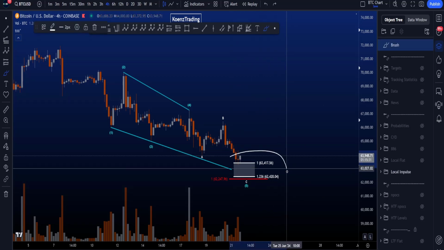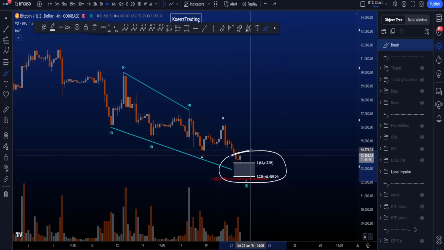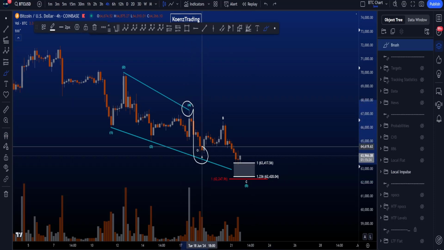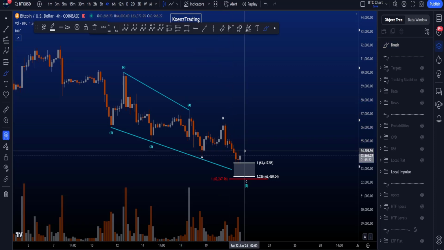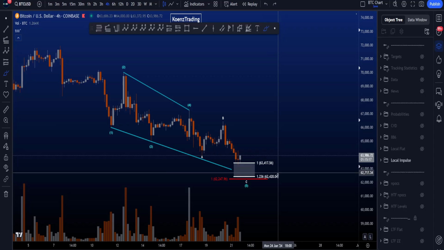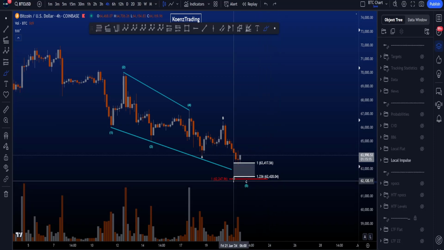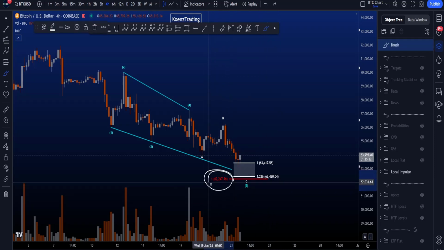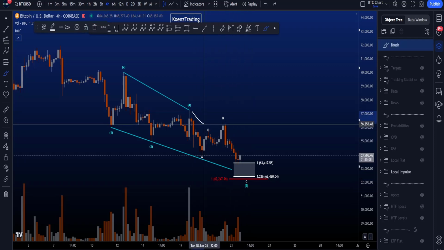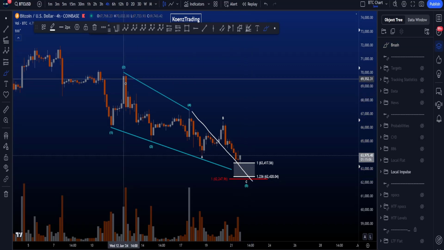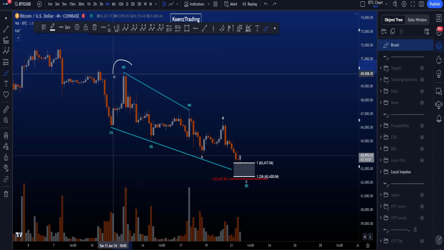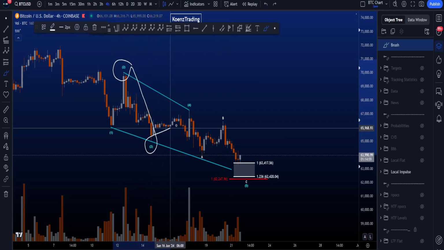The common target for your wave C is between the 1 and the 1.236 trend-based fib extension taken from the start to the end of wave A to the end of wave B. And as you can see, we have now touched the 1-to-1 here at 63.4k. The invalidation for this scenario is price moving to the downside, touching 62.2k, as a wave 5 is not allowed to be longer in price compared to a wave 3. This 1-to-1 is taken with the trend-based fib extension from the start to the end of 3 to the end